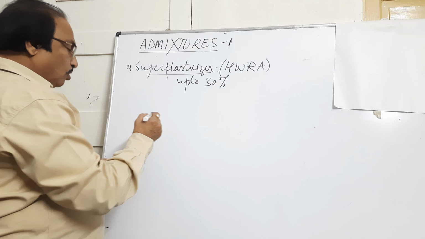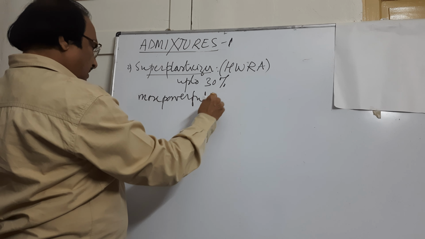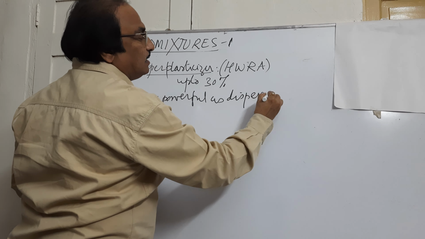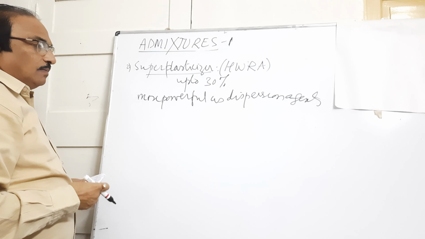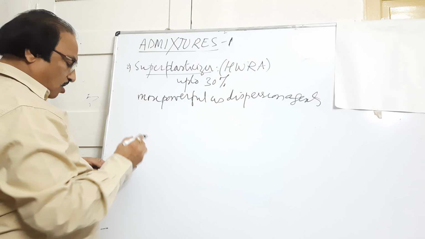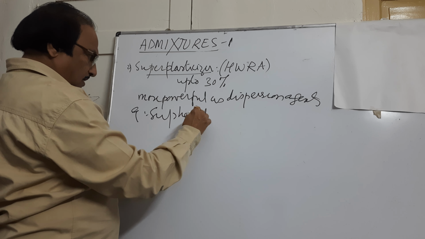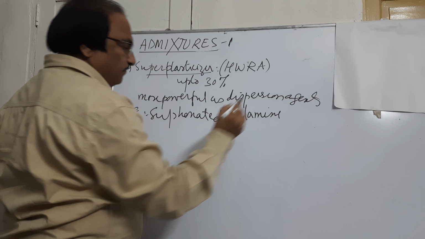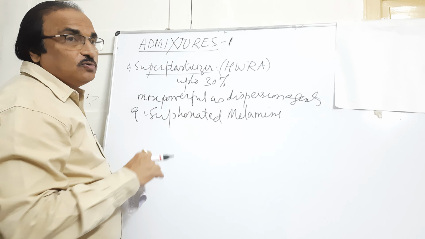Now here they are more powerful as dispersion agents. We have seen how the dispersion is taking place. They are more powerful as dispersion agents, reducing water by 30%. The common examples you can quote are sulfonated melamine. If you go to final year, if you are going to do projects, you will be using superplasticizer,